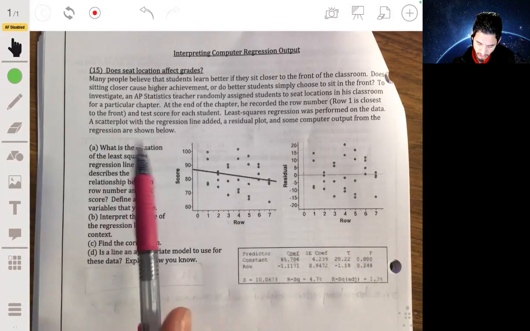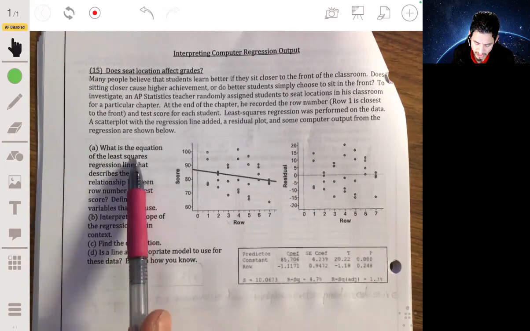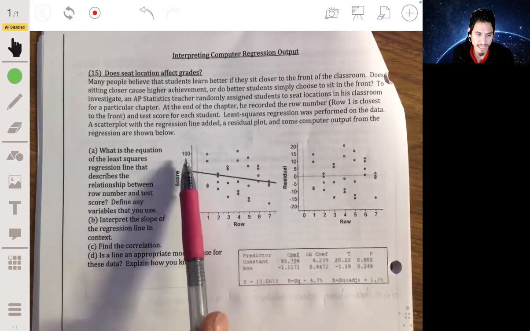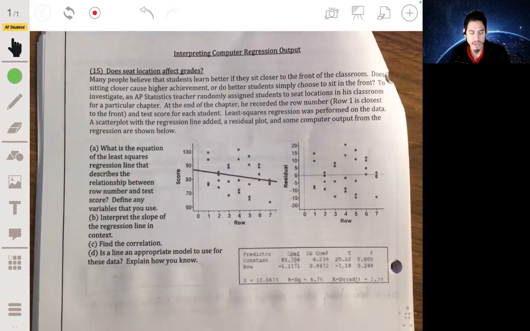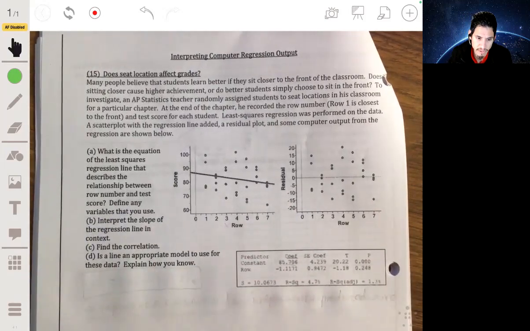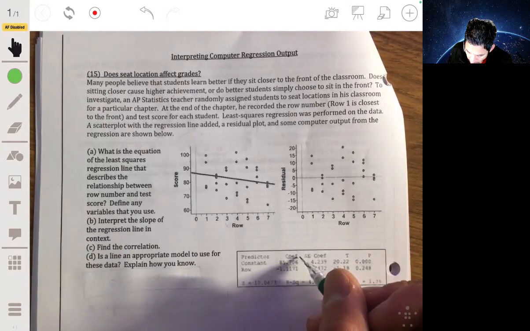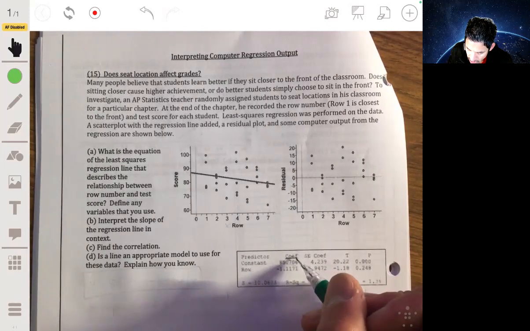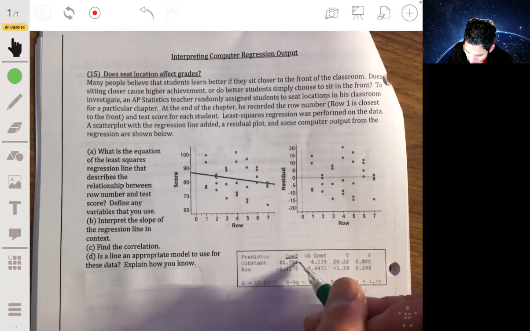So the first thing we have to figure out is the equation of the least squares regression line. In this case, it's going to be the line that describes the relationship between row number and test score. So row number is the explanatory variable, and score is the response variable. And we're going to need to define any variables that we use. So here, we're going to focus on this first column. This stands for coefficient. These are the coefficients. The coefficient of the constant, which is